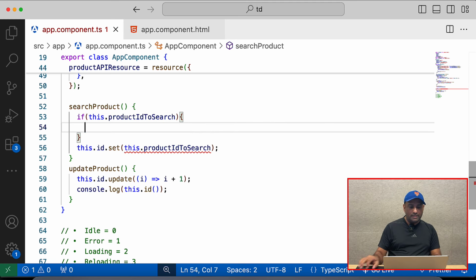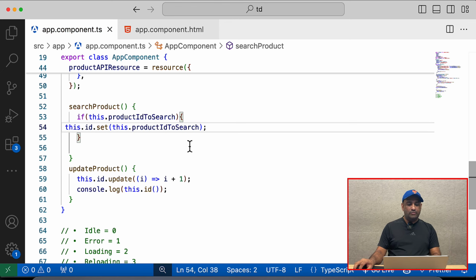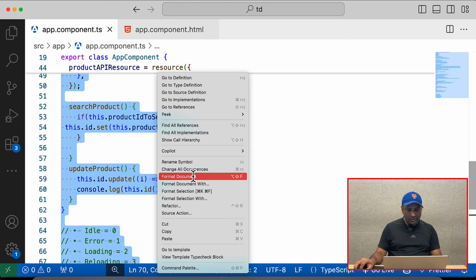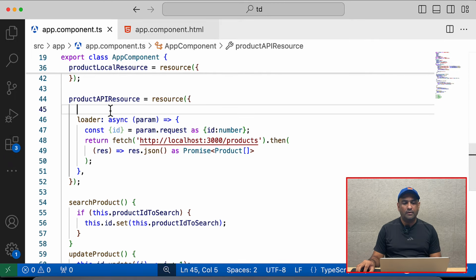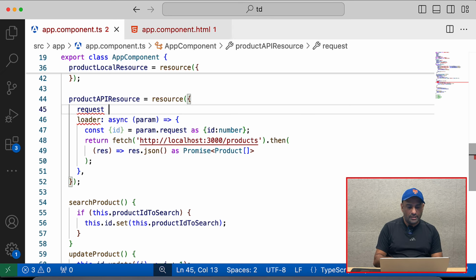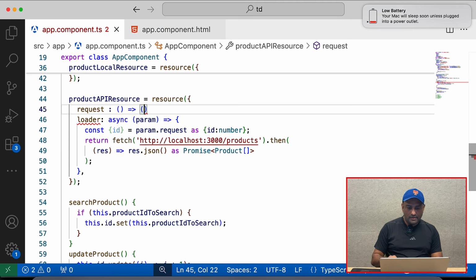Right, if it is not undefined, then only set this value. All right, so we are setting that signal value. Now what we've got to do is use that signal value here in the product API response. So we need to pass that product ID through the request. So here we'll say request, and inside request we are going to pass ID, and